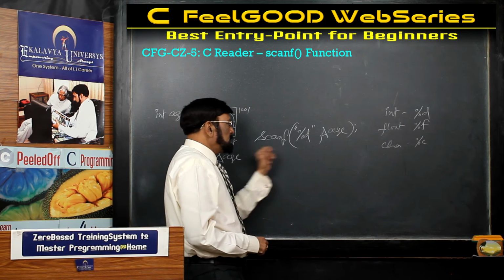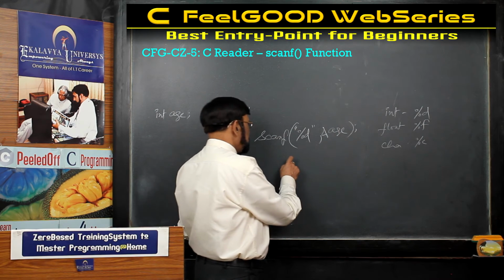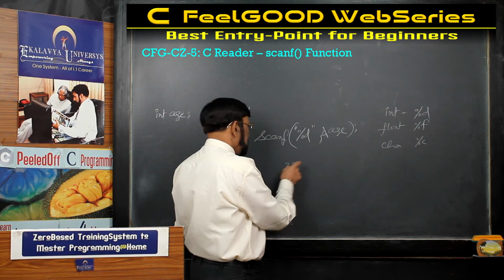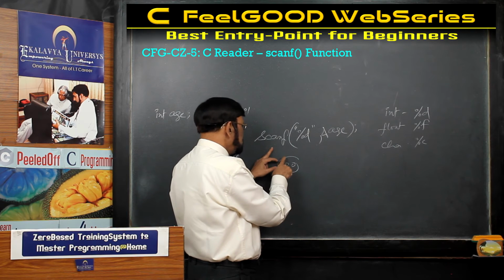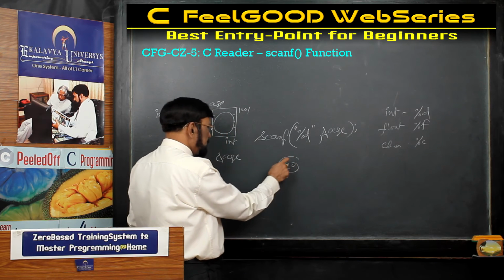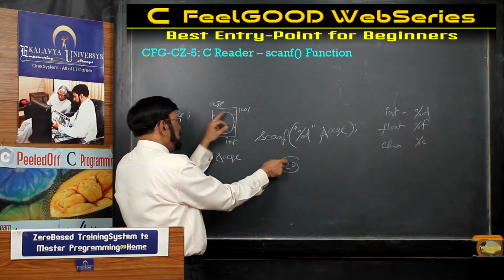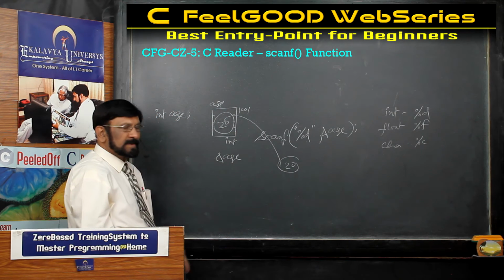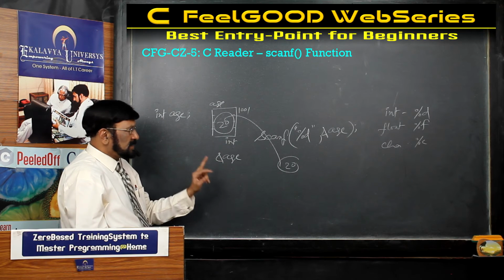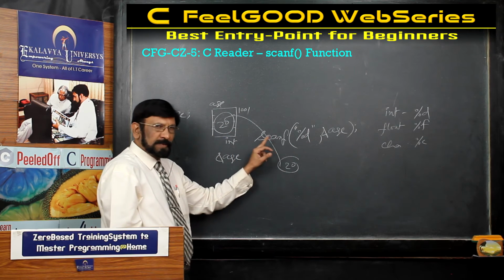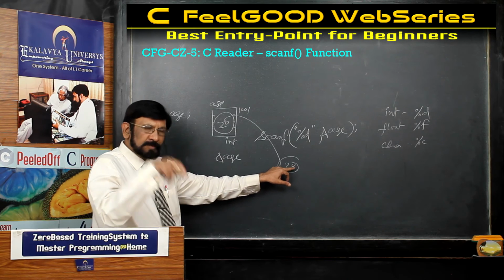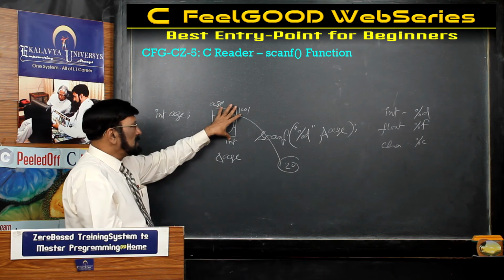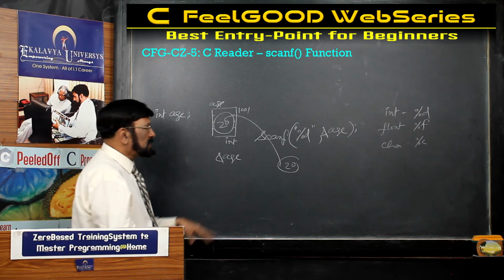So when you do this, what happened? You entered 20 on the keyboard. Then this postman takes the value 20 and drops it at this address, so it is filled with 20. You understand that address-of means a postman. It drops whatever value you typed into the address. That point you have to understand.